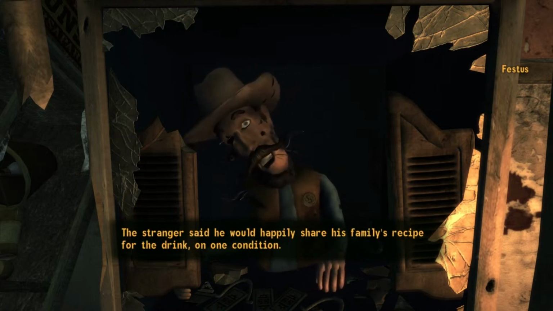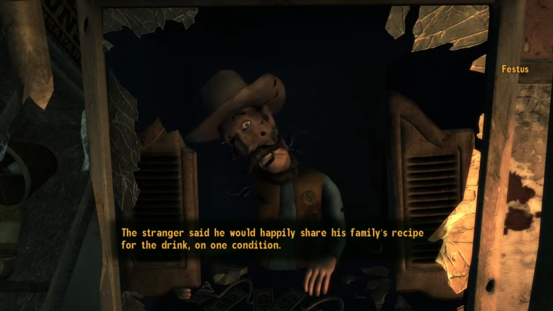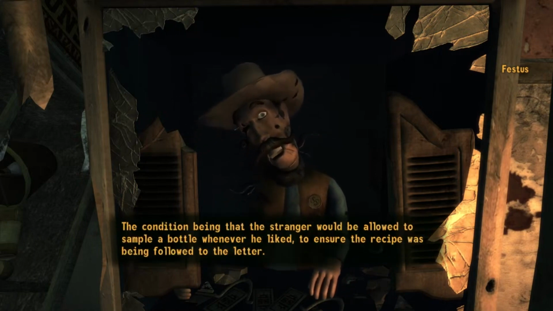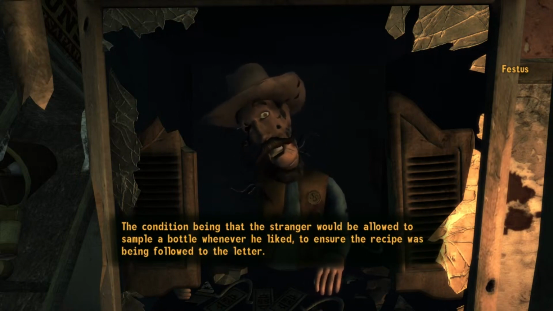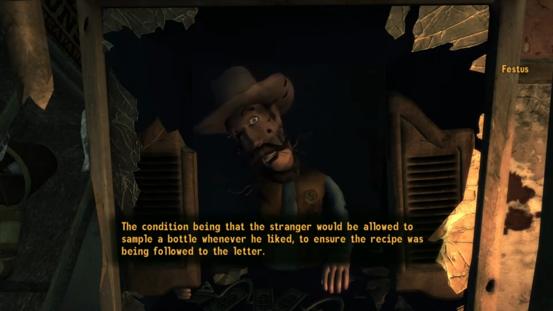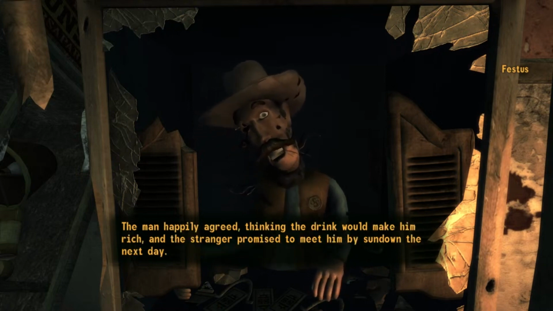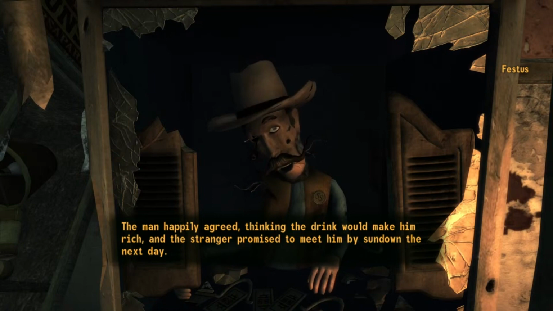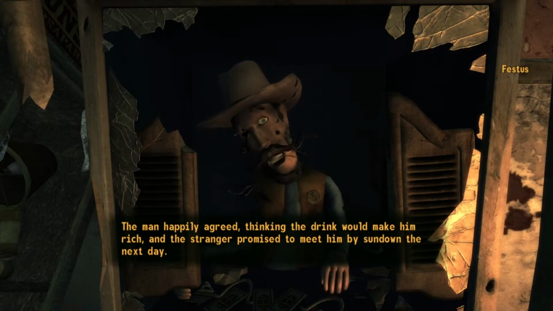The stranger said he would happily share his family's recipe for the drink on one condition. The condition being that the stranger would be allowed to sample a bottle whenever he liked to ensure the recipe was being followed to the letter. The man happily agreed, thinking the drink would make him rich, and the stranger promised to meet him by sundown